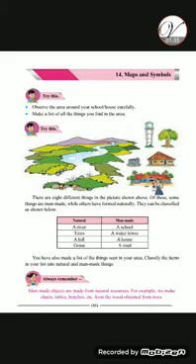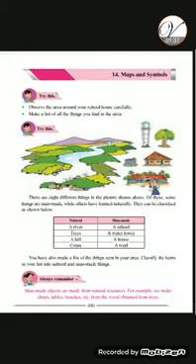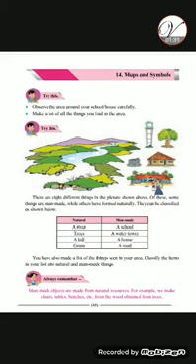So of these things in this picture, some are man-made. What is the meaning of man-made? Made by man. While others have formed naturally, meaning we get them only from nature. They can be classified as shown below. These things are classified in two ways, that is natural and man-made.